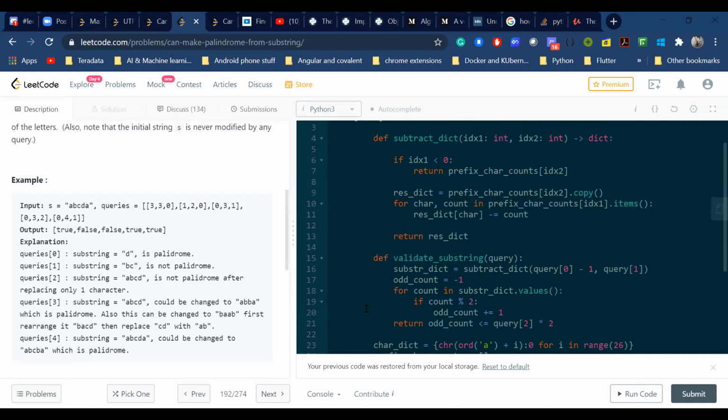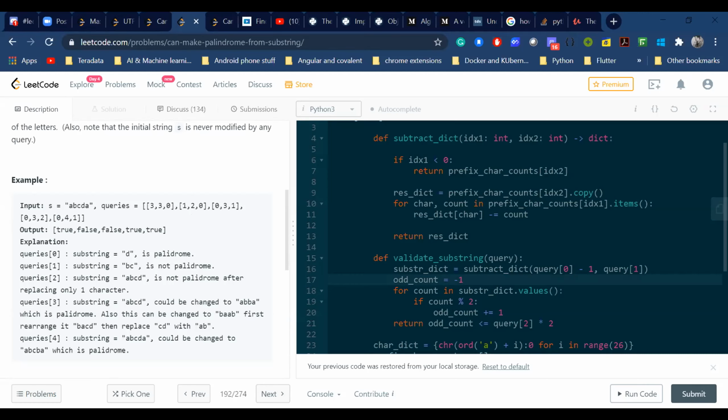What advantage are you getting out of that prefix sum? So that I don't need to count the characters in every substring. You remember Sonia said if you do it for each and everything, it's going to hit the TLE, right? So he's trying to do it all at once, and then he's just using this prefix sum to get the values. So what does the subtract_dict do? Because you still have to subtract.